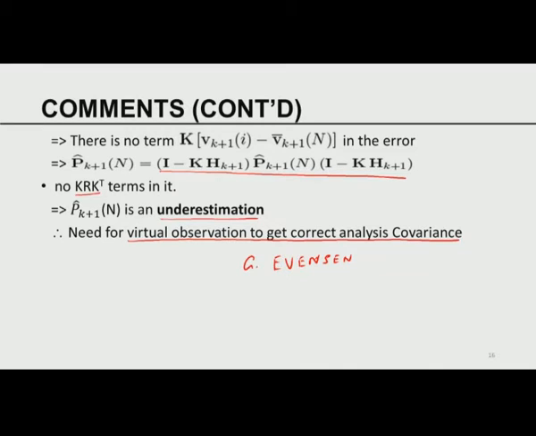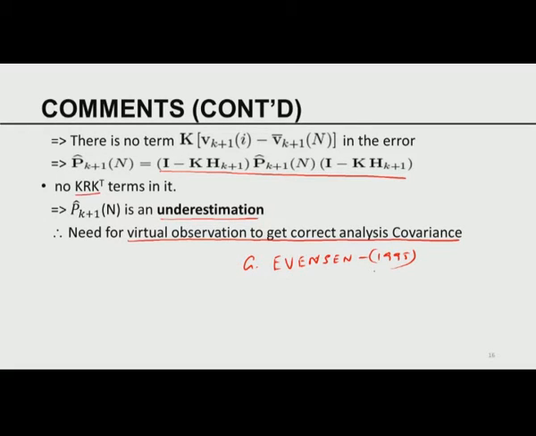I think G. Evensen, around 1995, approximately thereof. Ever since, ensemble methods have become popular, and most of the centers have gone for this. When Evensen originally published the paper, he did not use the virtual observation. People who came after him quickly realized that if you used only the same observation for every ensemble member, your system leads to an underestimation.